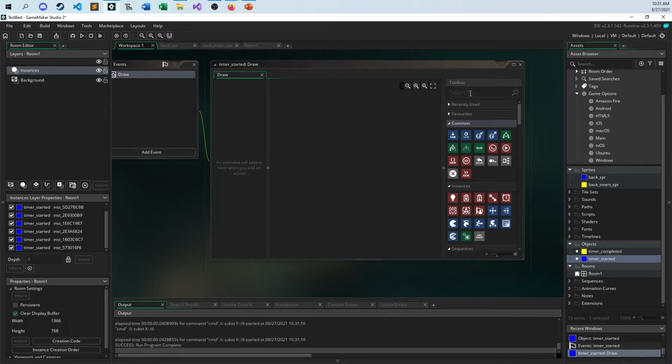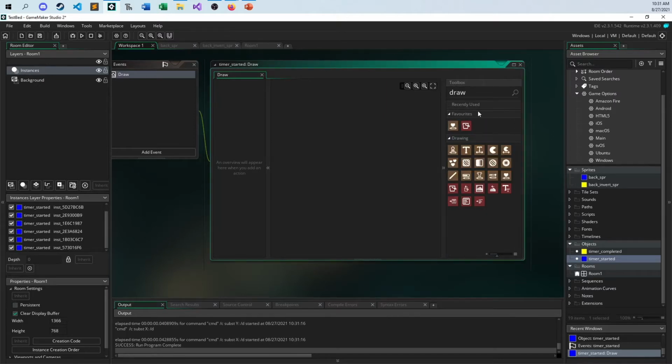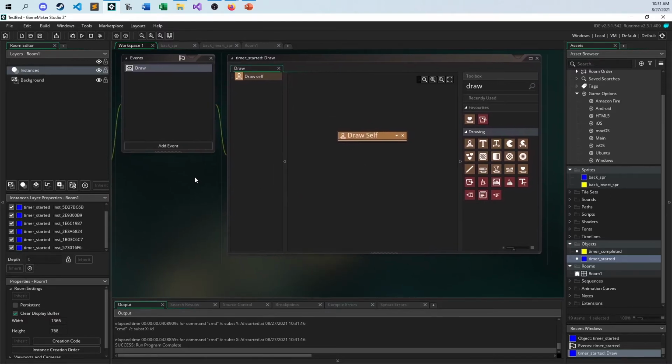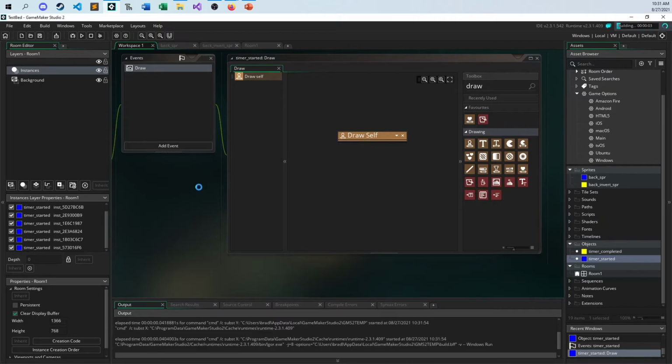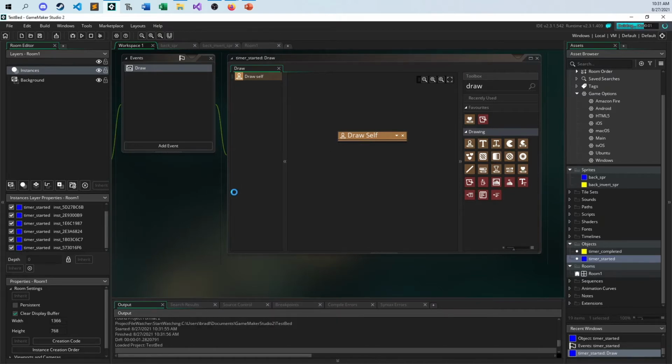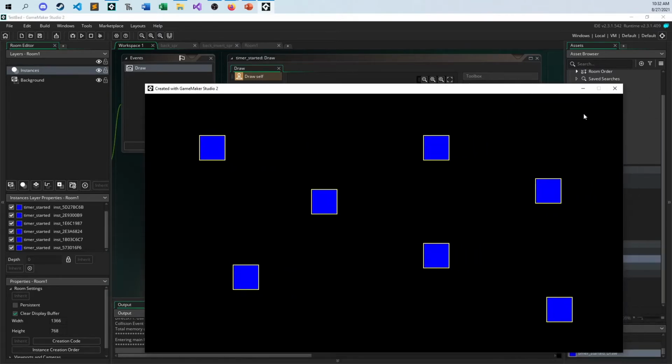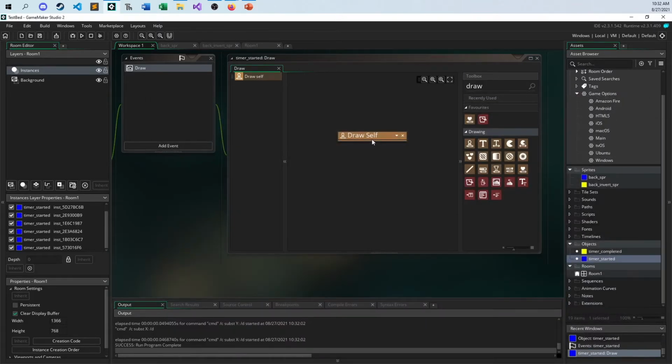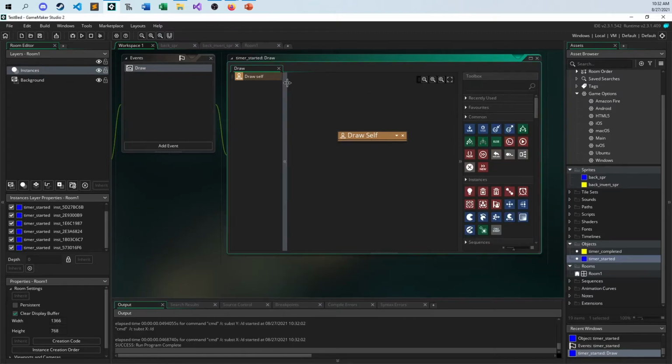So what I can do is I can pull this up, and this draw self, this tells GameMaker, hey, remember, I took over the draw event, but could you just draw what you would have drawn if I didn't take over from you? And so now you can see when I do that everything has now come back, because draw self just basically means draw what you would have drawn if I wasn't so brash here. Okay, so now what I can do is I can draw some text over it,